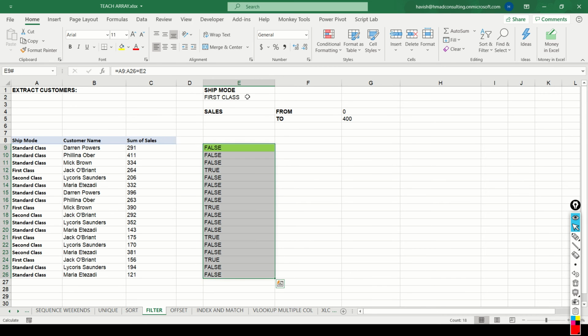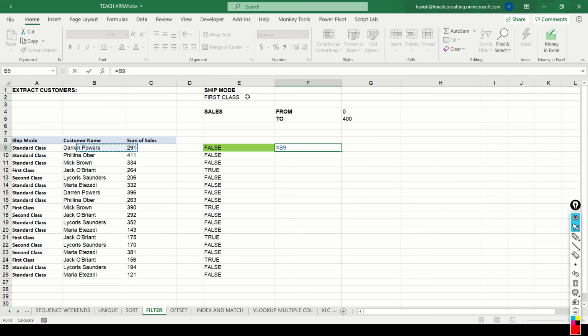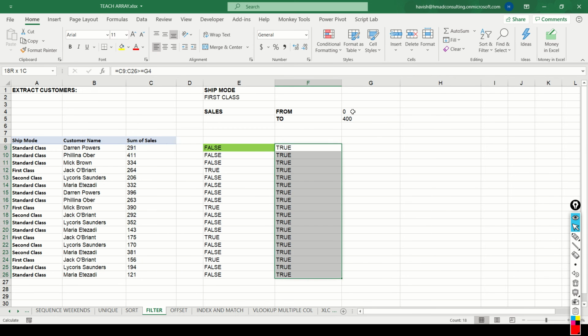Makes sense, right? If I again say equal to the sales amount is greater than equal to 0, we get a series of trues, obviously, because all the numbers are greater than 0. But if I make it 200, you notice that some of these become true and some of these become false.